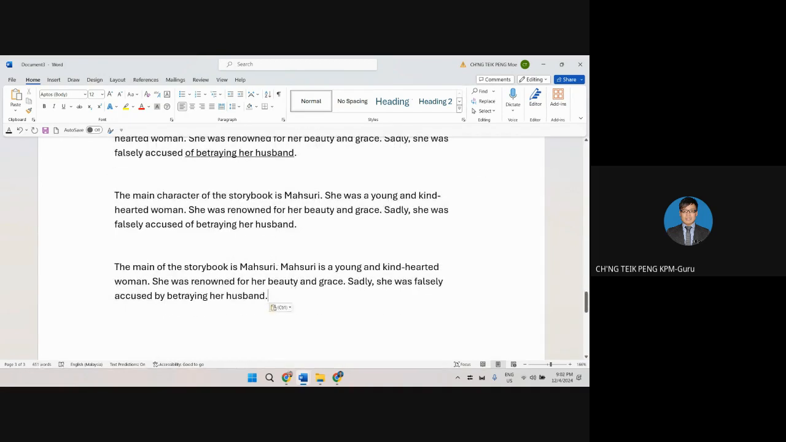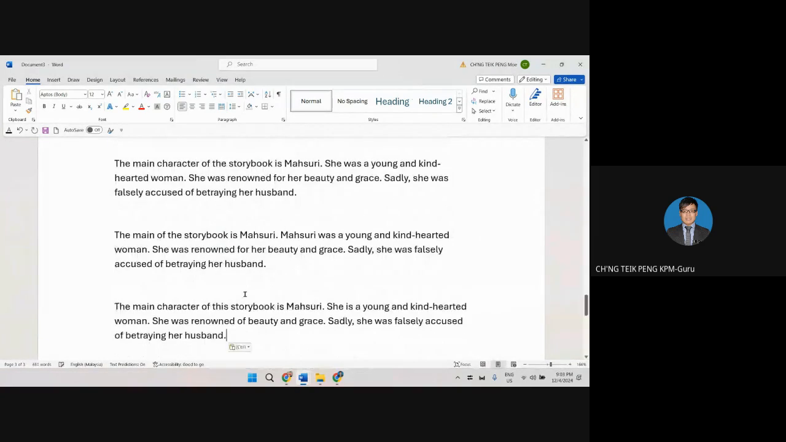Okay, the main character of the book. Okay, so 要换成 past tense 咯，Wei Li，因为我们在讲这故事。Sadly, she was falsely accused of betraying her husband. 那个 by betraying 换成 of betraying. 威力那个 by 明白为什么吗？不明白。